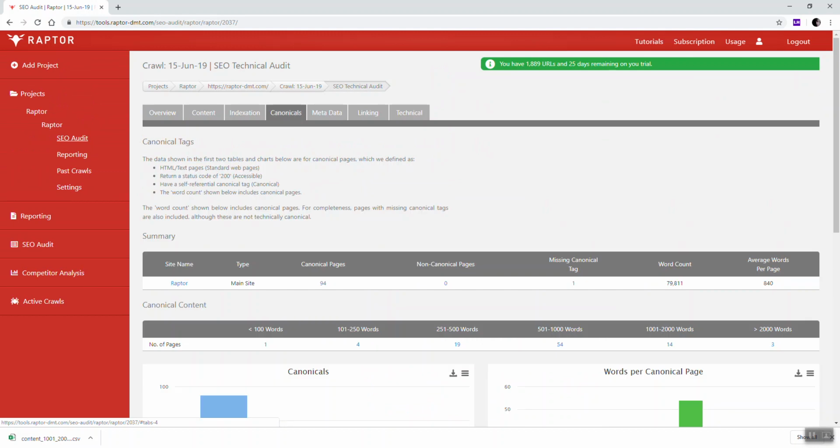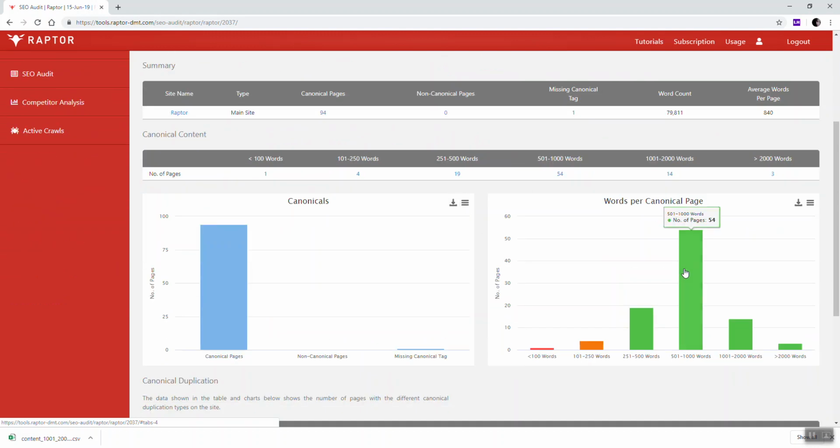Under the canonicals tab, we also have the same data, but only shown for canonical pages as I've described earlier. In this case, this is very, very similar. You can use the competitor analysis tab to compare how your site's distribution compares to other sites, but we cover